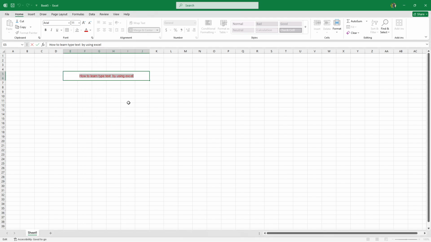I am choosing red color and you can scale it. Font size, increase the font size. You can see I am changing the font size. I am choose 16